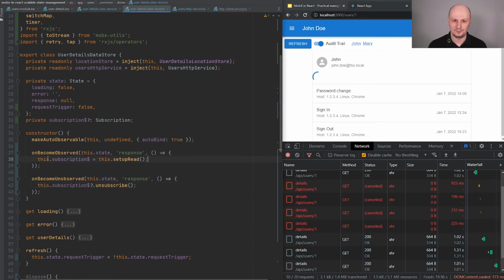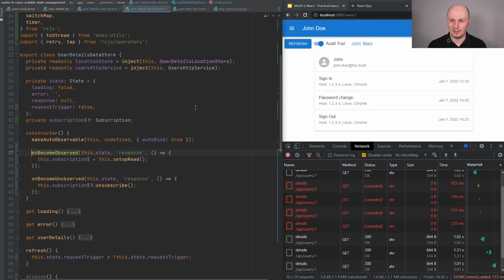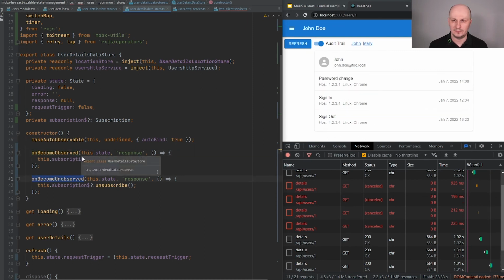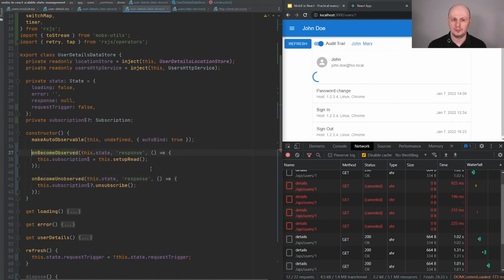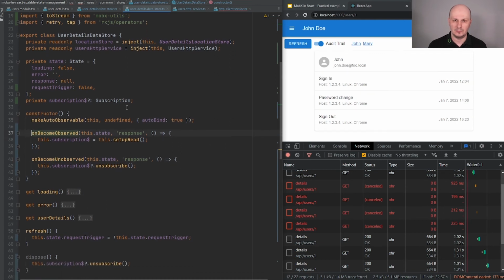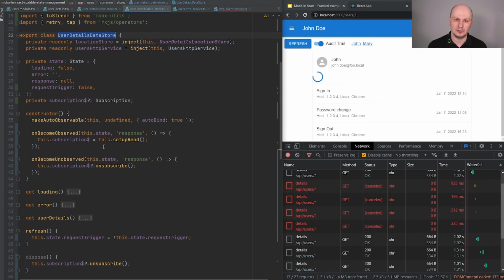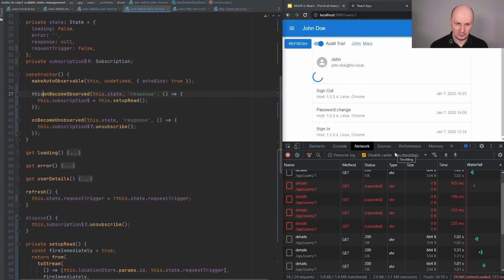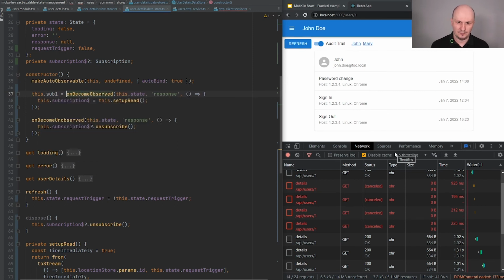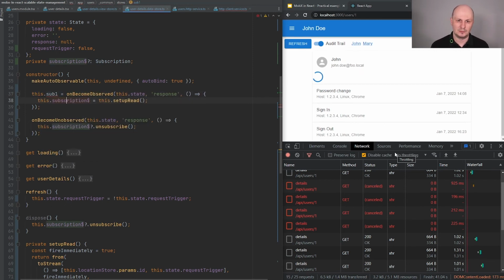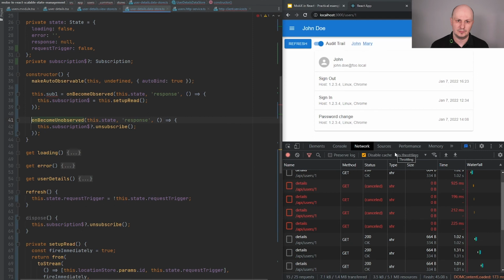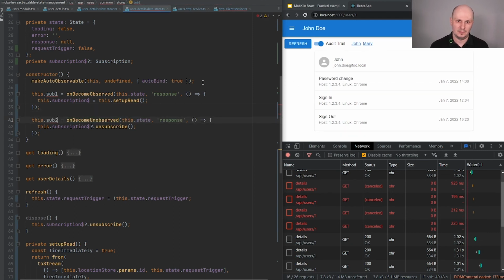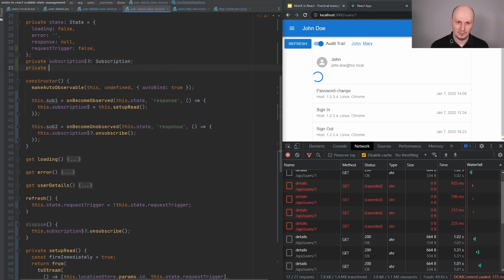All right, but onBecomeObserved and onBecomeUnobserved should be cleaned up when this data store is destroyed. So we need to remember those handlers here in some properties. Let me do that.